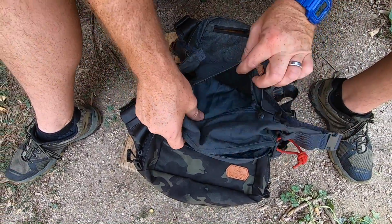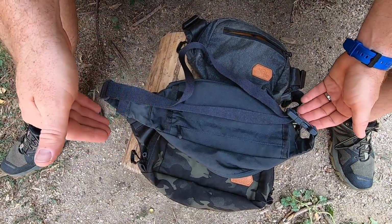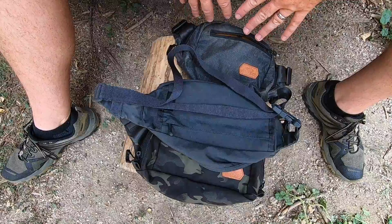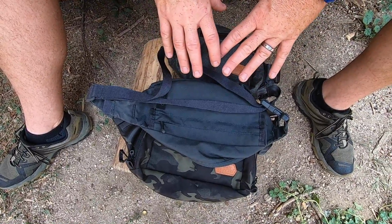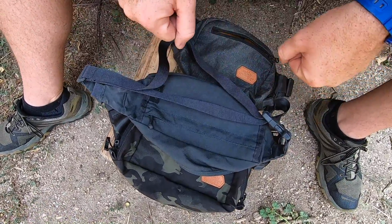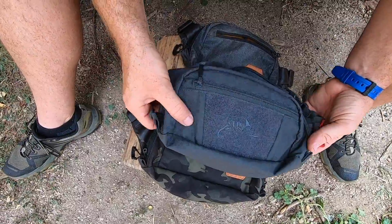You do get a very similar pocket on the back there. And then again, going to this belt strap here, though doable, the Vanquest one is way more adjustable and better load bearing, particularly with a firearm in there, which is much heavier than this. So it doesn't cut into your body as much, and just has a better cinching down and tightening capability. The Helikon tends to loosen up a little bit, just the way of its design. But the materials are good. It is definitely a little bit cheaper compared to the Vanquest ones,